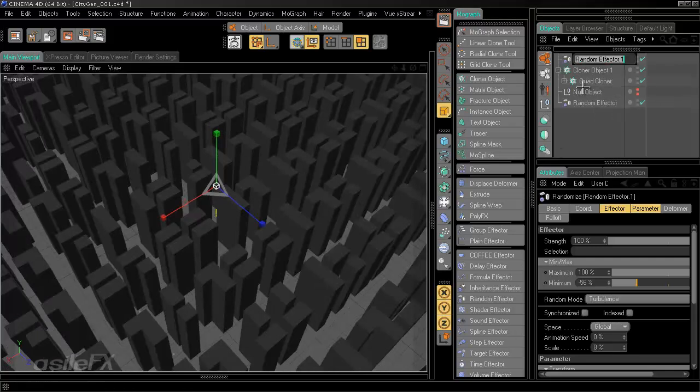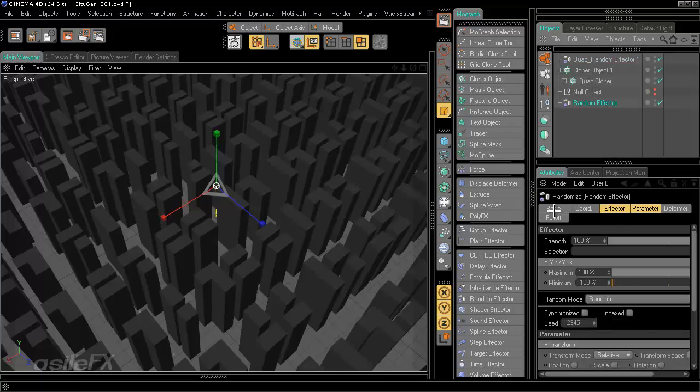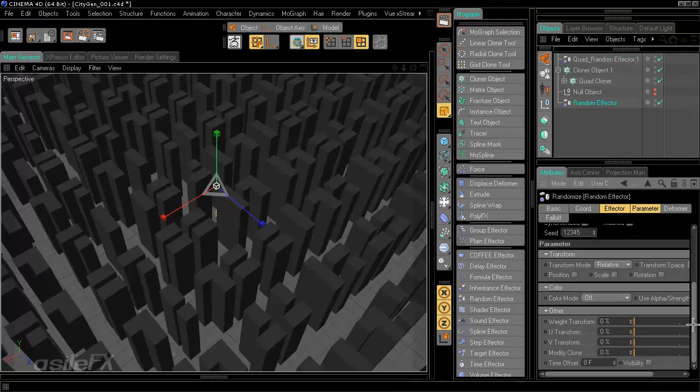And what we're going to go back and do is modify the effector for the extrusion. So I am going to first rename this random effector to quad_random effector so that we know it's affecting the quad cloner. And then our random effector, which is going to affect our extrusion, there's an option under the other to select visibility. Now what this does is basically turns off the clones that aren't being affected or are being minimally affected. So by turning on the visibility,